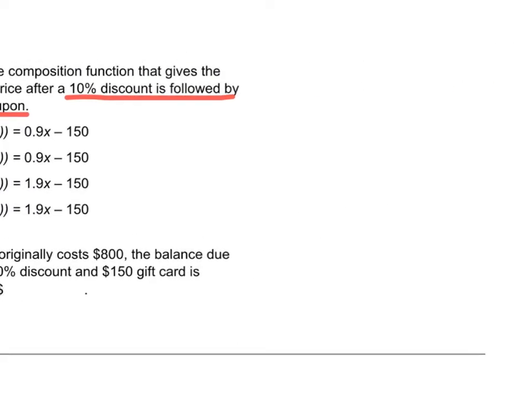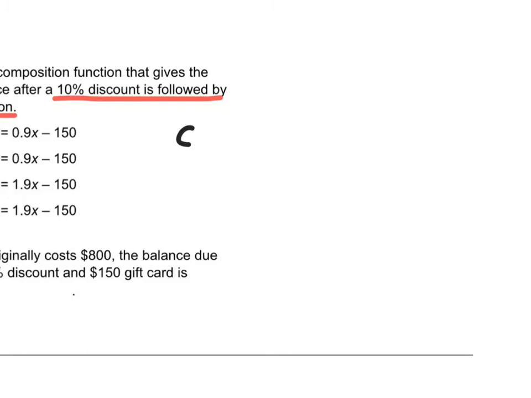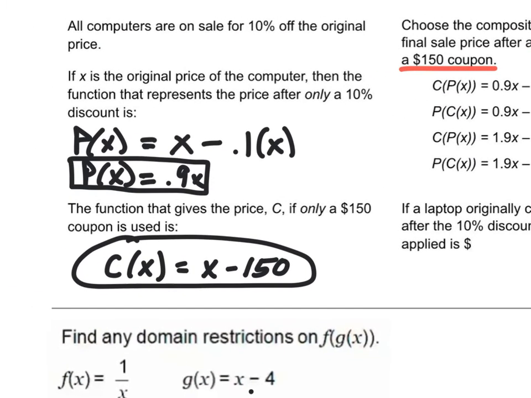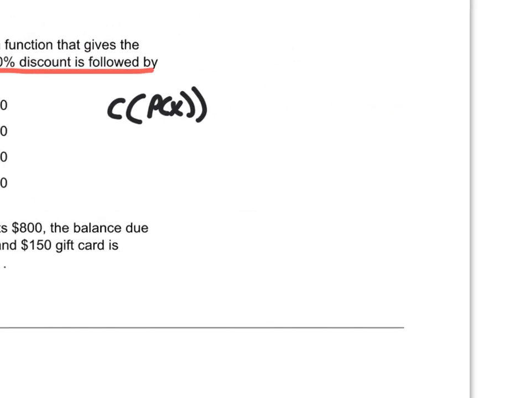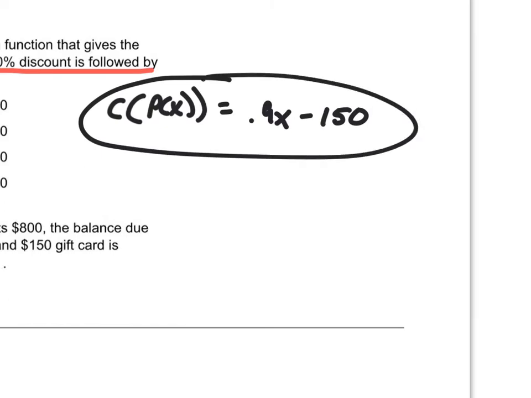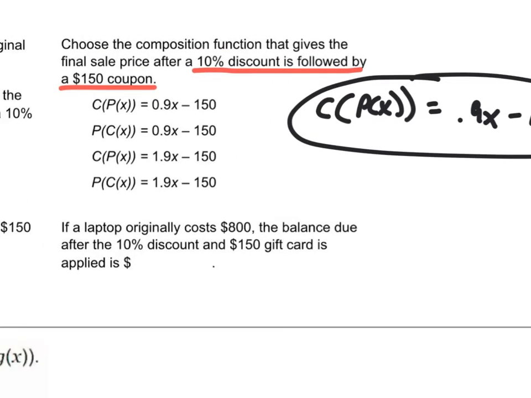So what I'm going to do is get a function, C of P of x, where I plug in 0.9x into x of my other function. So P of x is 0.9x, so we're going to do 0.9x and then minus 150. And that would be our composite function. Which is kind of tricky because of the way these are written, but here's that function right there, C of